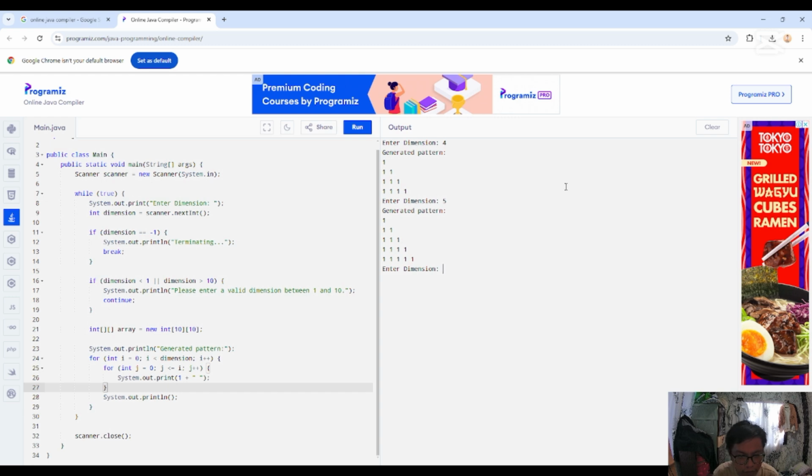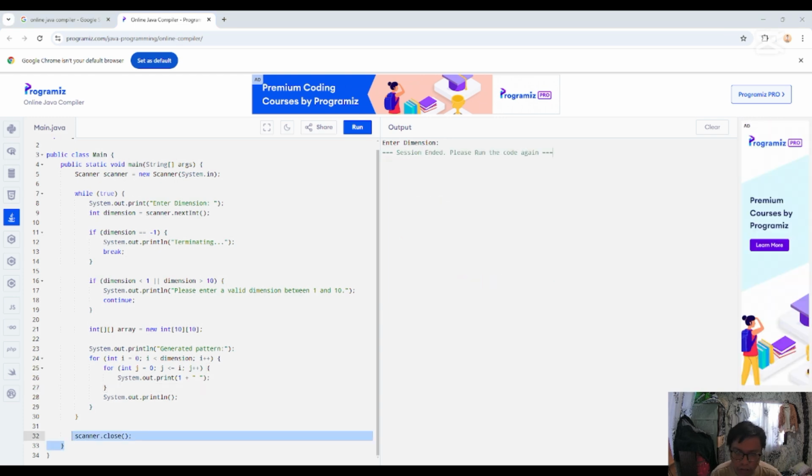If you enter a dimension out of range like 12, it says please enter a valid dimension between 1 and 10. And if you enter the dimension -1, it prints terminating. So that ends the program. That's all.